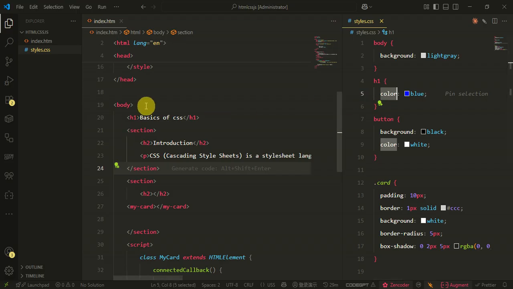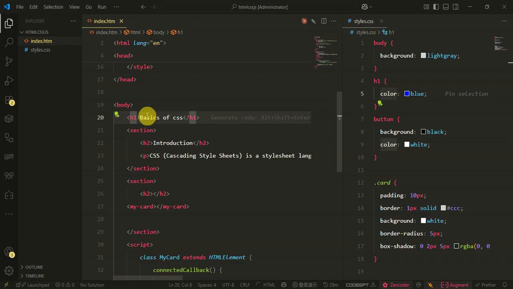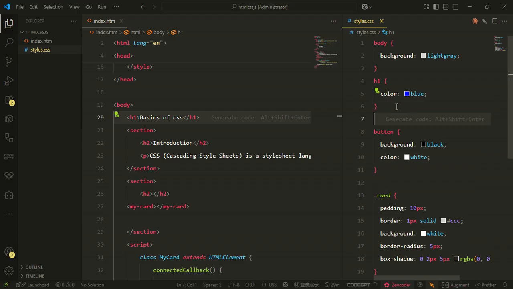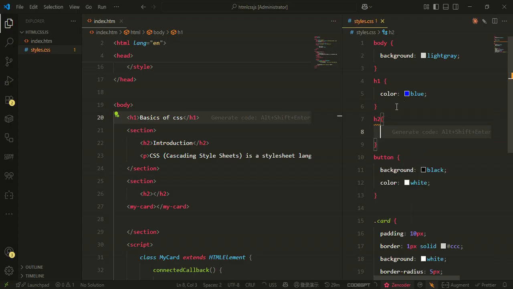If we do h2, it will apply to all the h2, which I haven't done. h1 I have done, with the basics of color. If I do it for h2, suppose I write here h2 and set the color green,